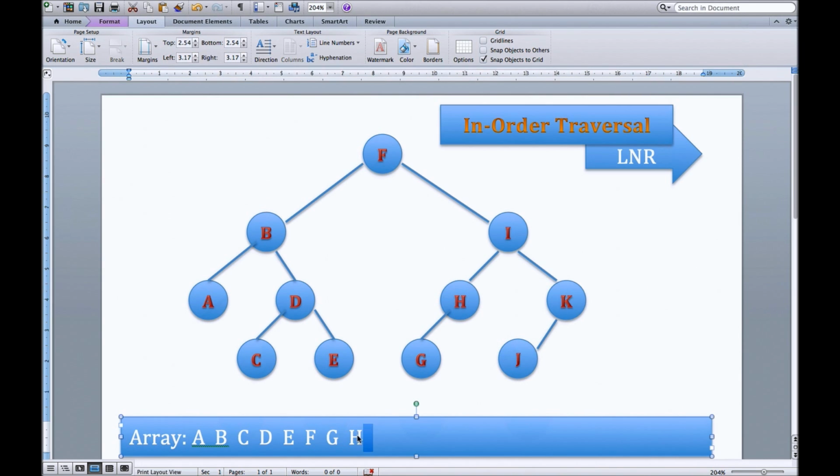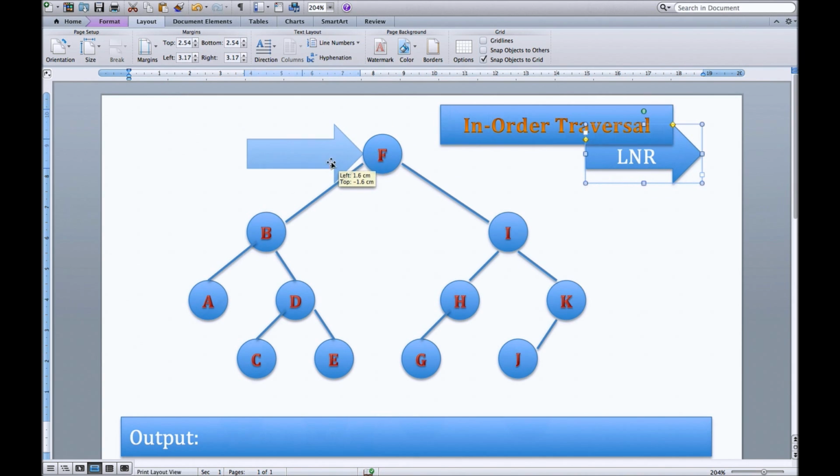So I'm just going to clear off what we have. What we'll call here down the bottom, we'll call our output. And this is what we expect to get as output from our in-order traversal of our tree structure. So this is the algorithm we're going to follow, which is our left, then the node, then right. That's the sequence we're going to follow. So I'm going to use the arrow as a pointer just to indicate exactly which node in the tree structure